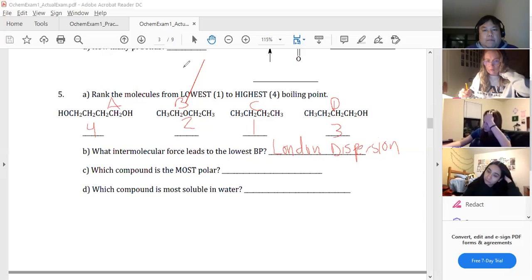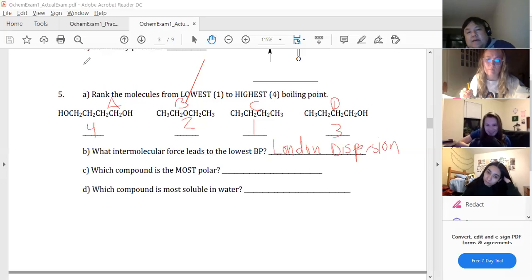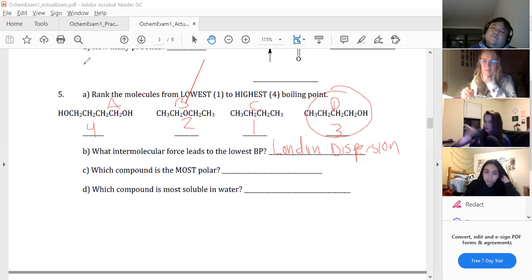B. Nope. Would it be the one with the highest boiling point? Boiling point does not play into it here. It's going to be... Do you guys see why, or are you completely lost on this one? Lost. Okay, so